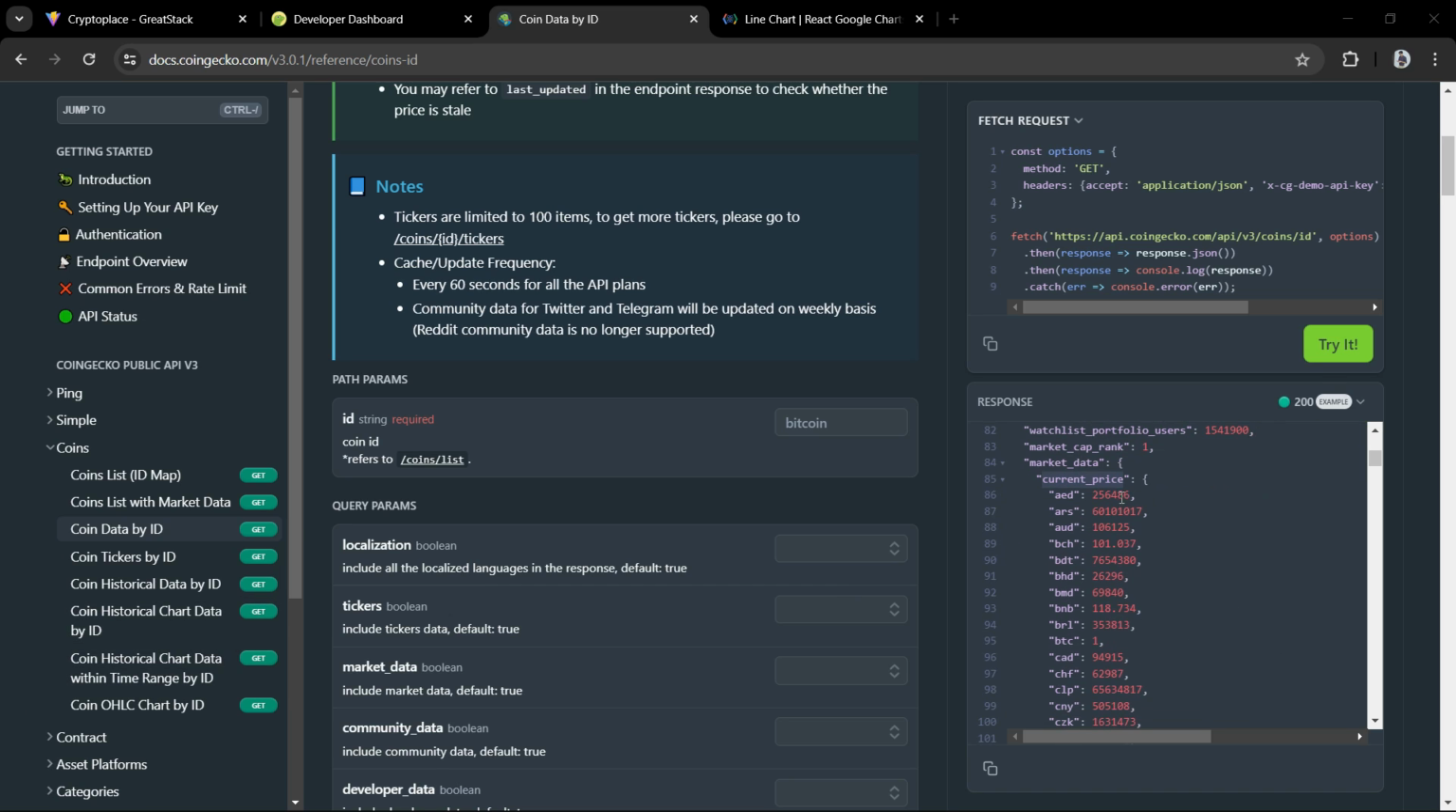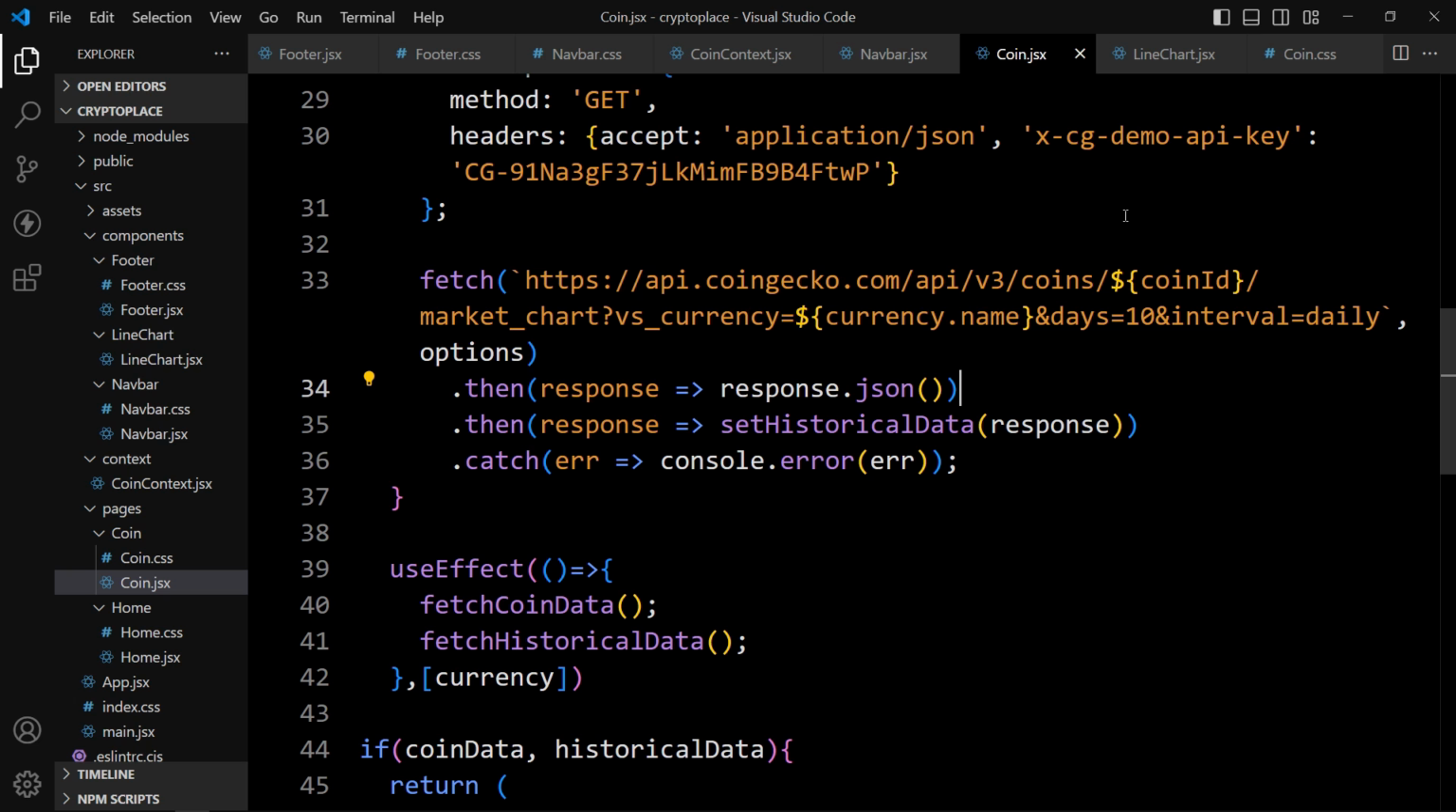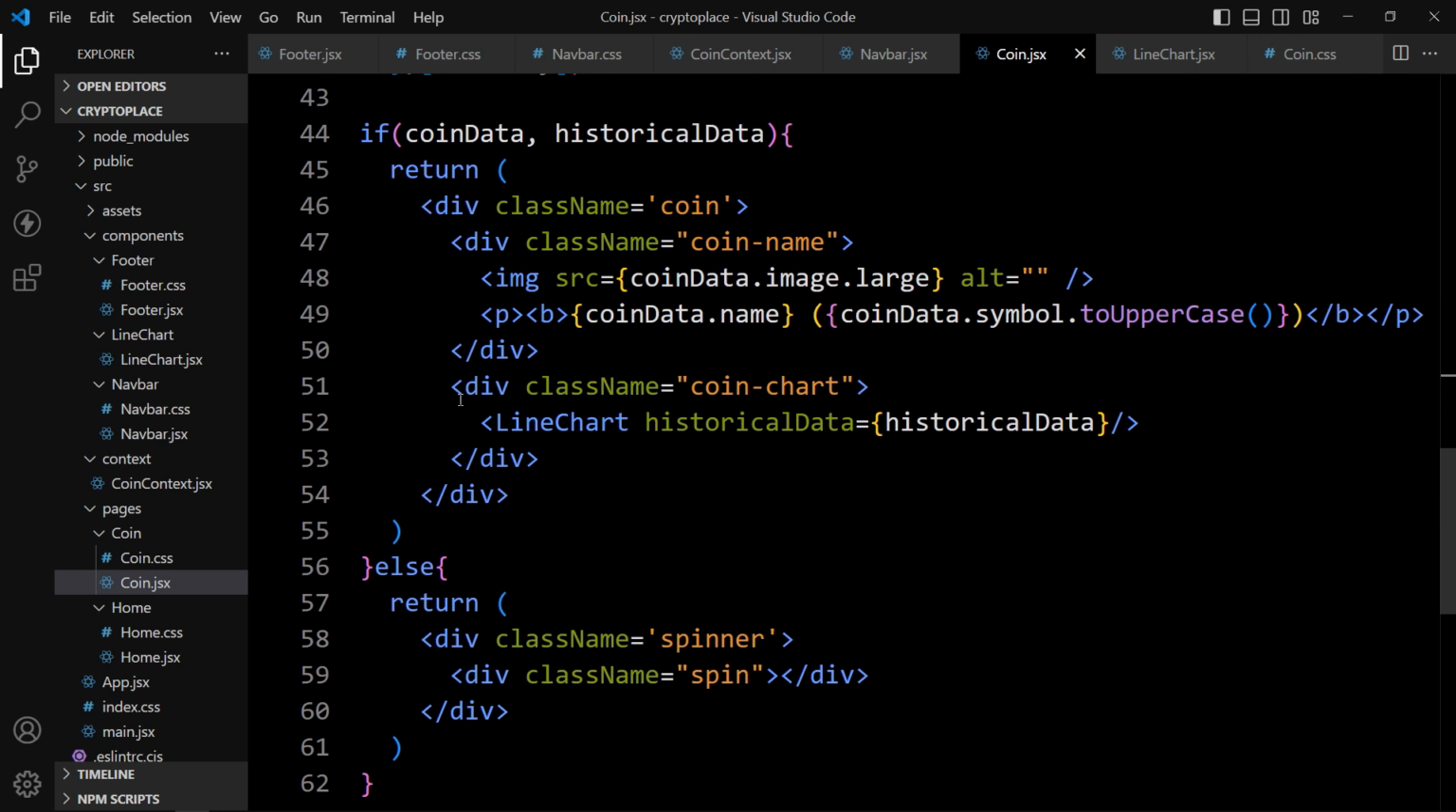And in this current price, we have the price for different currencies. So we have to use market data dot current price. Then we have to provide the currency name. So let me come back. We will open coin.jsx file and here we have added this